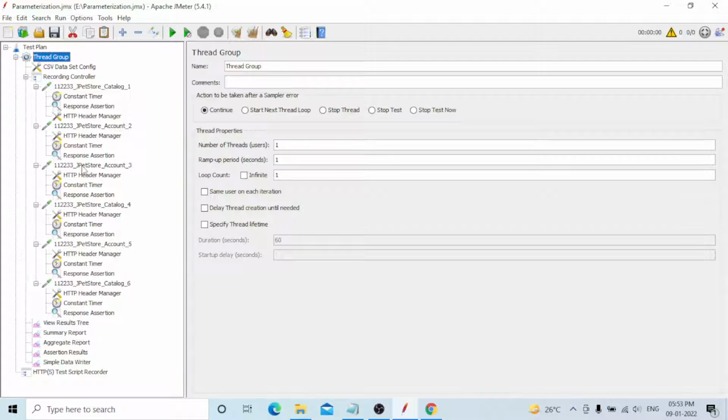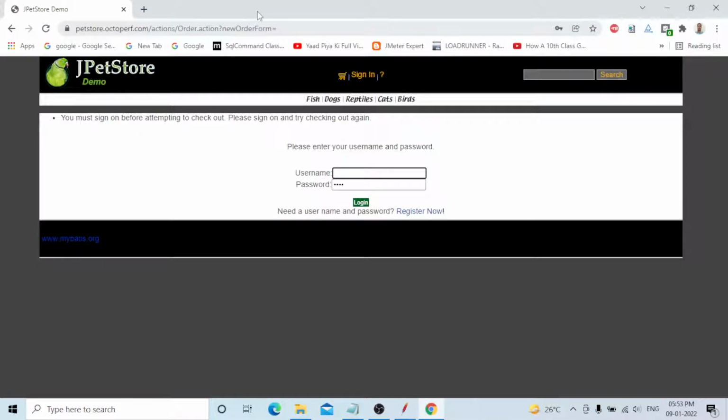This is the application I will use. First start the URL and click Enter, and you need to record the script. I did not sign in to anything. I directly click on the fish option, select the product, add to cart, and proceed to checkout. It closes and you come to this page. I will stop the recording. Without logging in, I take only these features. I just want to show you which flow I need to record.